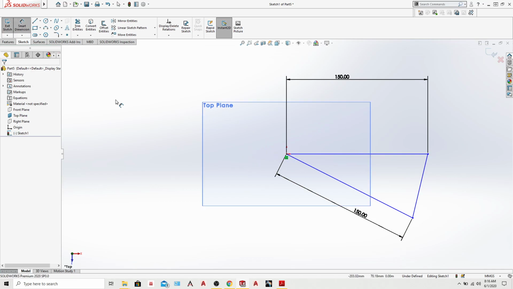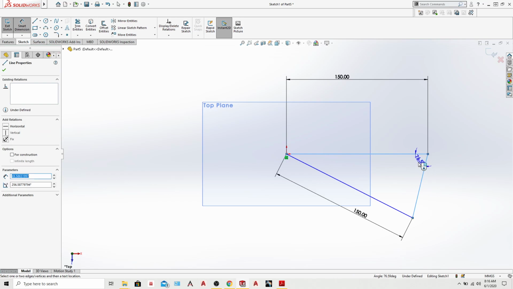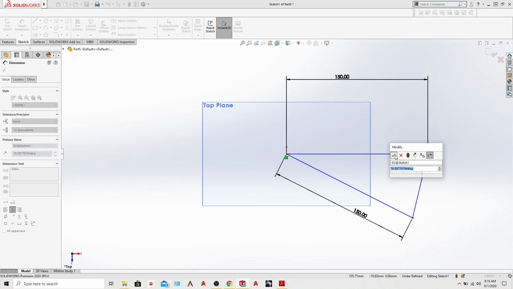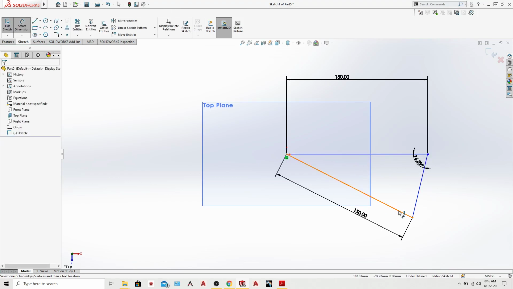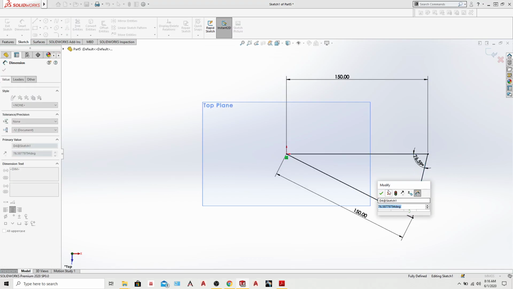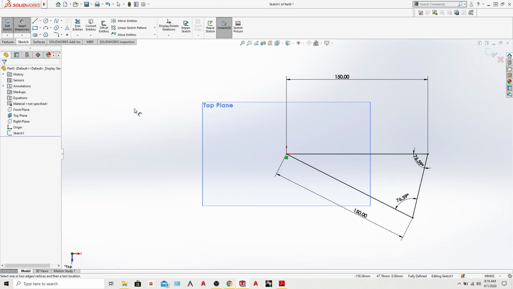So let's give it an angle between these two. Let's keep it whatever it is. So right now, as you can see, my sketch turned black, which means that it is fully defined. We don't need to give any more dimension to our sketch. Now, if it is in black, so if I delete any one of the dimensions,